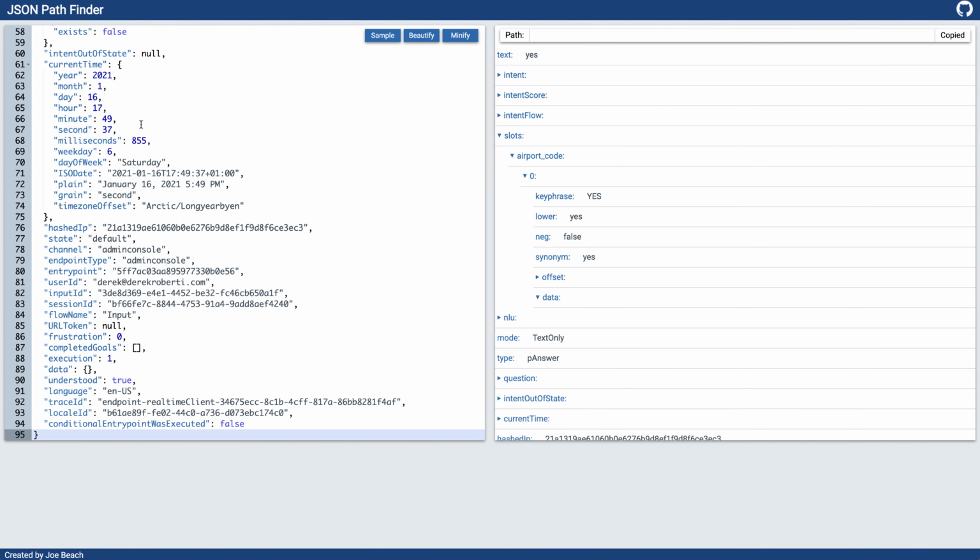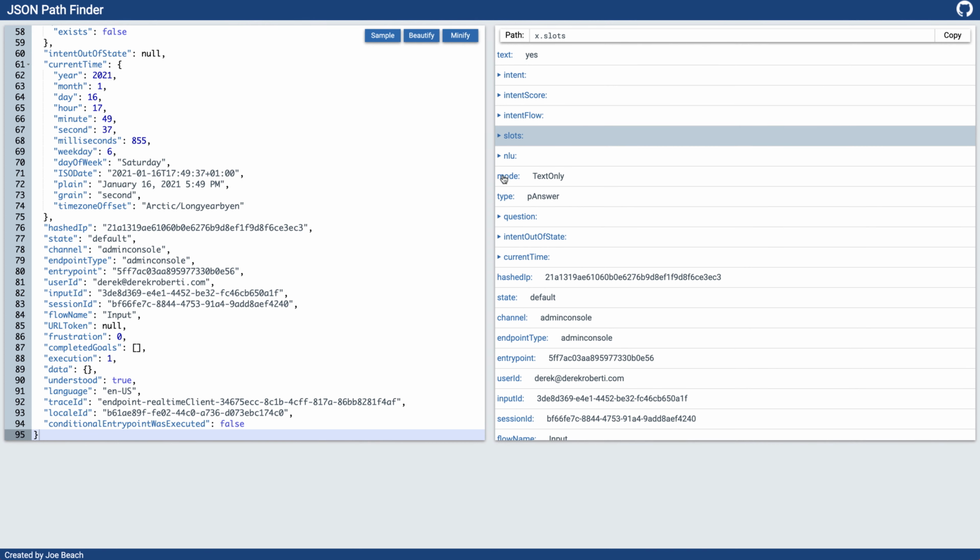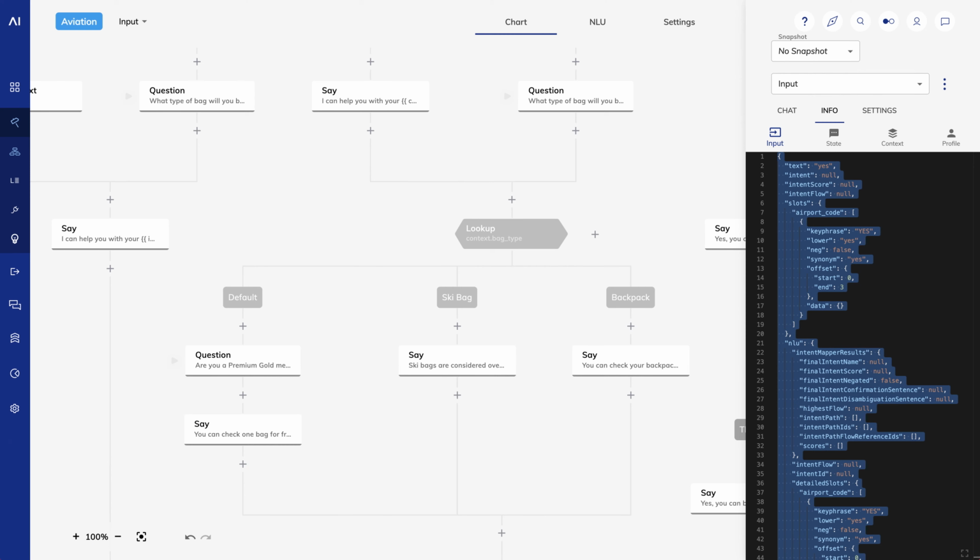If you look a few entries down the outline on the left, you'll see an attribute called type, and the value is p-answer. That stands for positive answer.